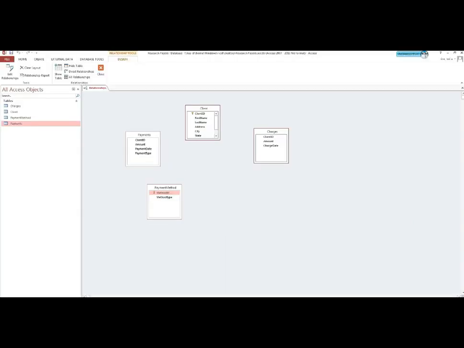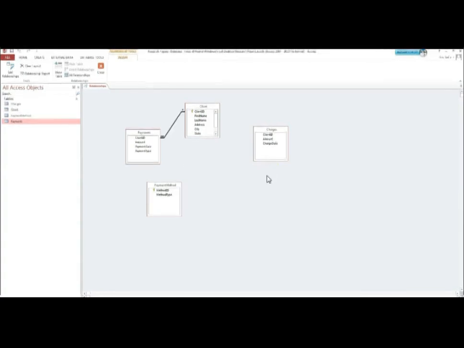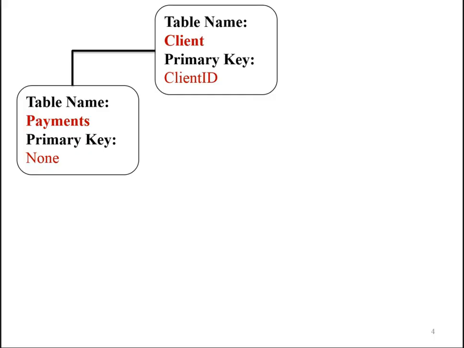To join the tables, click on the Client ID in the Client table and drag it to the Client ID in the Payments table. Notice there is a one-to-many relationship between the Client table and the Payments table, which is denoted by a 1 to the left of the Client table and an infinity sign to the right of the Payments table. Let's take a look at the relationship diagram, which is a graphic schematic of the layout of the